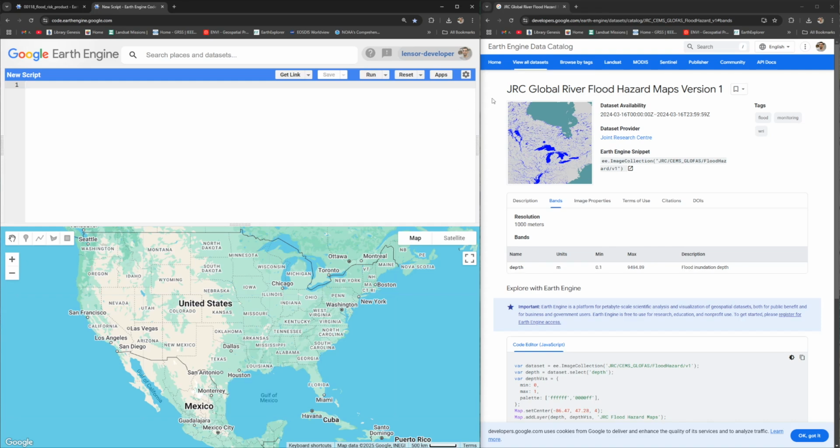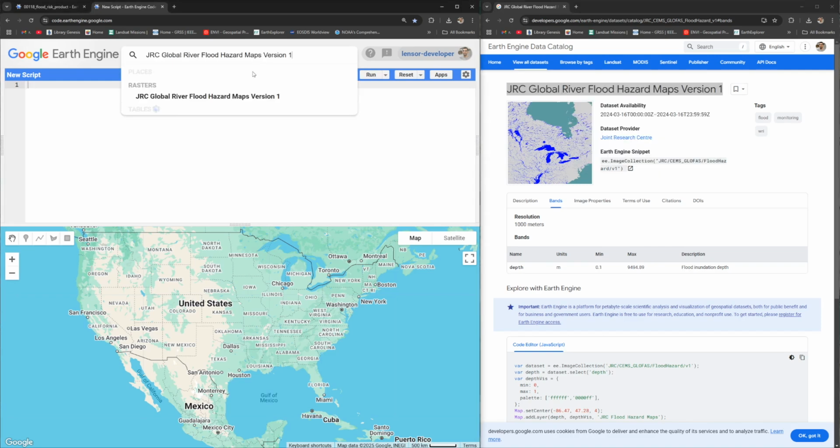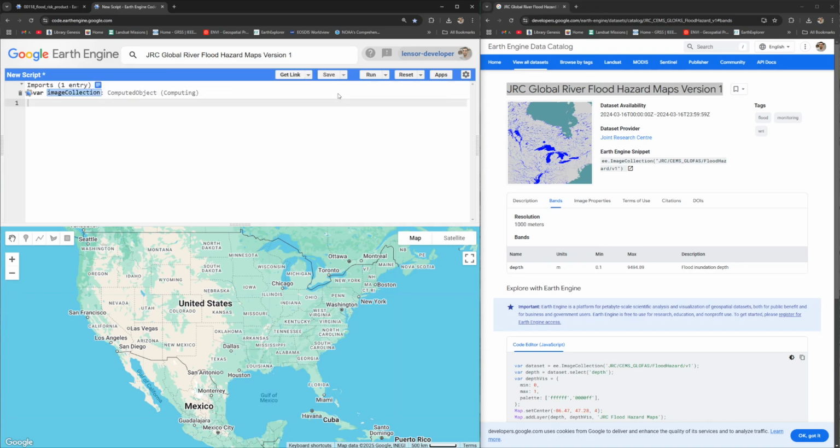So the first step to work with this product, just copy and paste the dataset name into the search places and dataset tabs here. Then you can find it immediately and import it into your code. So now make a new variable. For example, this product is produced by the JRC, and the variable name could be JRC or anything else. So assign the image collection to the JRC